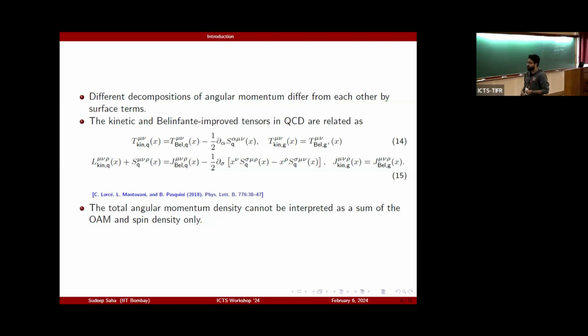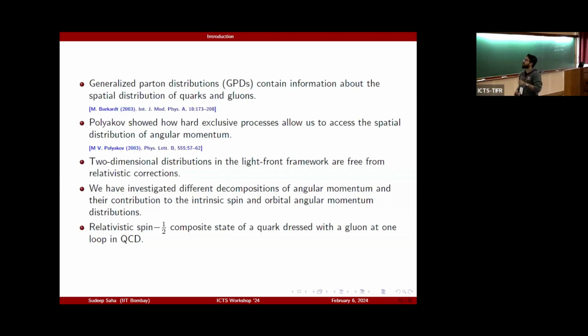So we know that the generalized parton distributions contain information about the spatial distribution of quarks and gluons. So it is conceivable that GPDs will also contain information about the spatial distribution of angular momentum of quarks and gluons. How this information is encoded was investigated by Polyakov, but it required the nucleon to be infinitely massive in order to avoid the relativistic corrections. But this infinite mass assumption can be relaxed if we choose to work in the light front